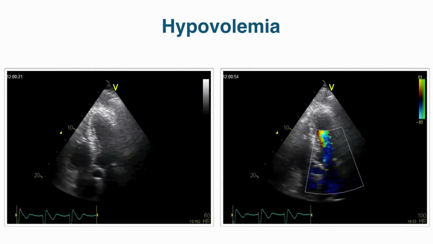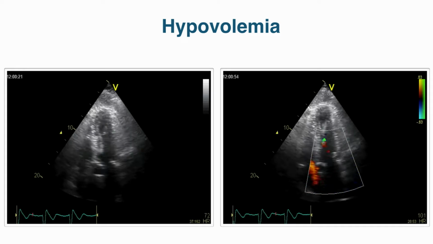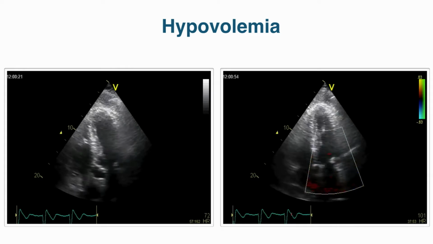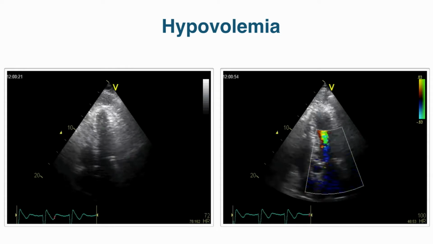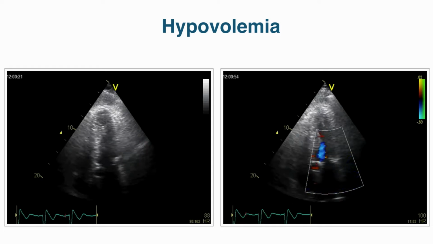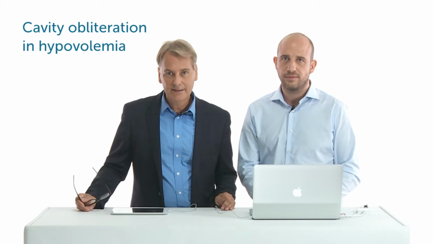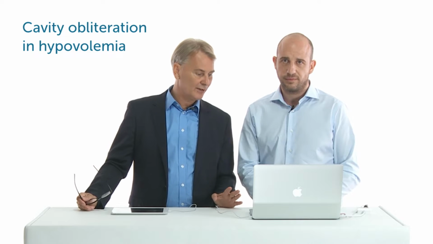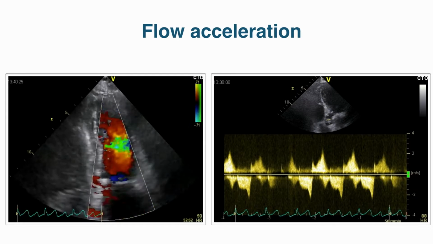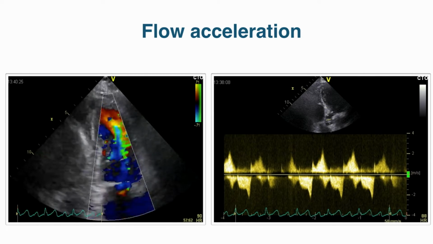First of all, again, we have a very small left ventricle. But if you look at the color Doppler, you see that there is flow acceleration in the left ventricle as well, which corresponds more or less with the cavity obliteration. One can see this too here in the two-chamber view. Again, the flow acceleration. Note that the patient also has a very high heart rate, something you frequently find in